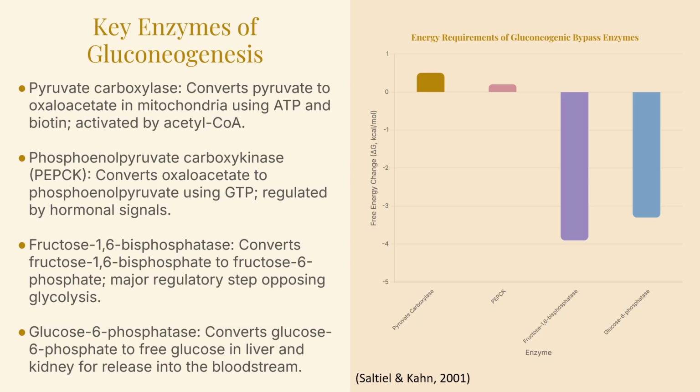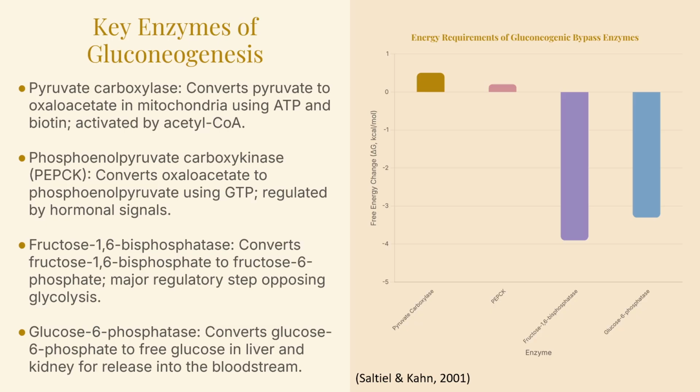The reaction requires ATP and the cofactor biotin, which helps transfer carbon dioxide during the reaction. Pyruvate carboxylase is activated by acetyl CoA, a signal that the cell has sufficient energy and metabolic intermediates available to support